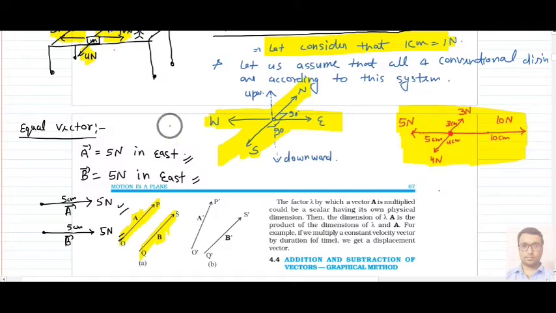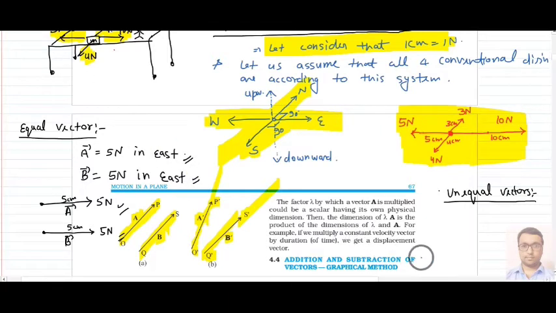Next we have unequal vectors, and how to identify an unequal vector. For that you have to see that we have two arrows, vector A, arrow O'P', and second vector B, with length Q'S'. Both lengths look equal. Like this, if the first one is 5 centimeter, then the second is also 5 centimeter, but the thing is that the direction of both vectors is different. So these are called unequal vectors.